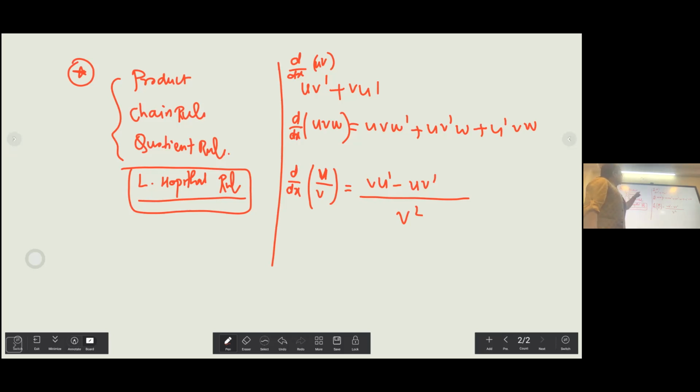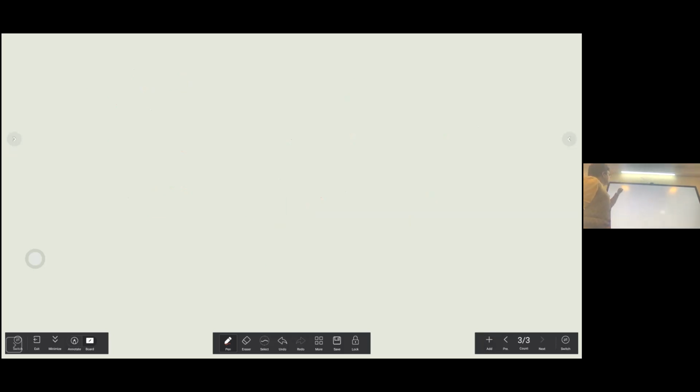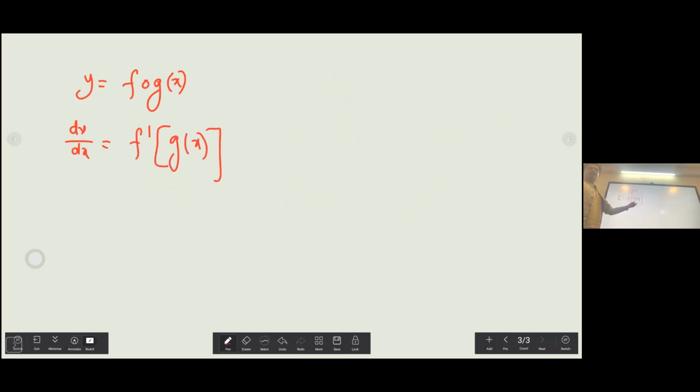And now the main thing is the chain rule. Lots of times it's quite deceiving. So how do we apply the chain rule? If you have y equals f of g of x, suppose this is my function, and I want to find the derivative of this function. The derivative dy by dx is going to be f dash of g of x. The first step is do not alter the inside function. First you differentiate the outer, or parent, function, and then don't forget to multiply with the derivative of the inside, which is g dash x.